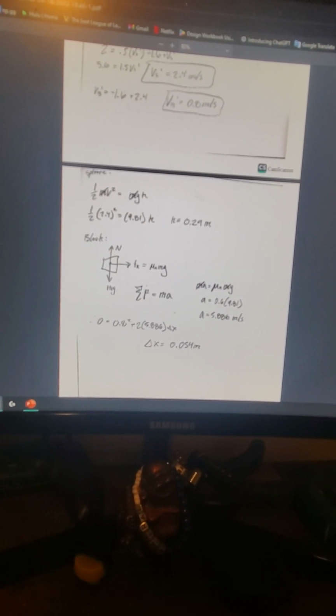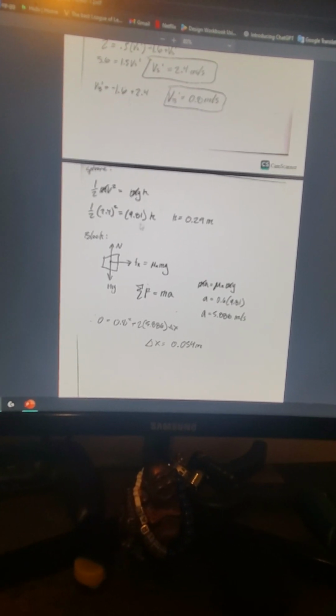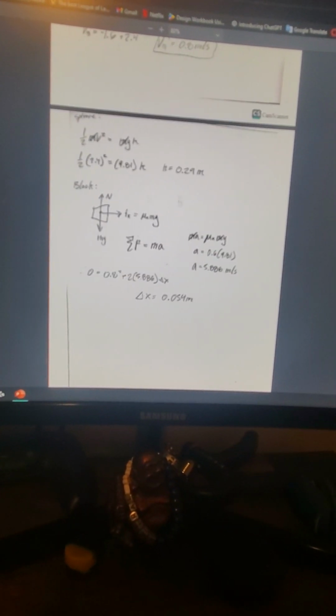So for the sphere, you can just use conservation of energy. Kinetic energy equals mgh. Solve for h. For the block, you have to use the sum of the forces equals the mass times the acceleration. And we know the acceleration is going to be 5.866 meters per second squared, which is from the